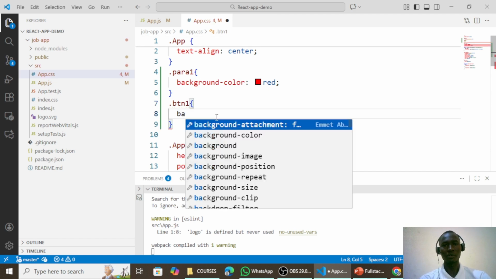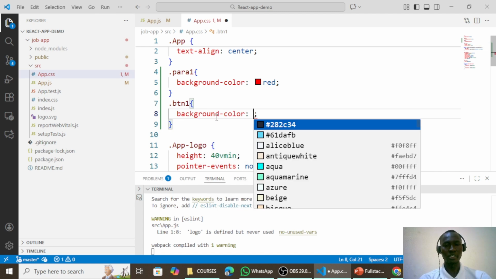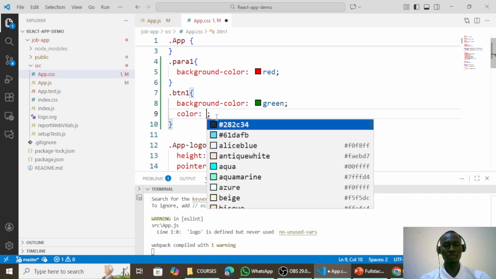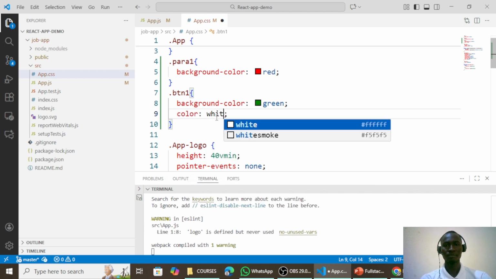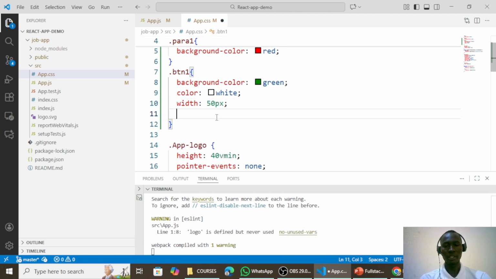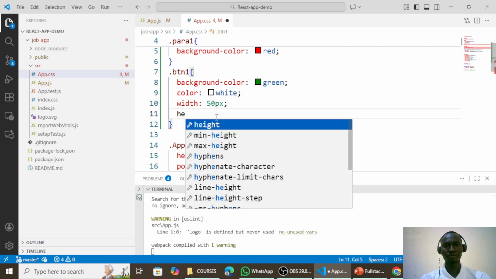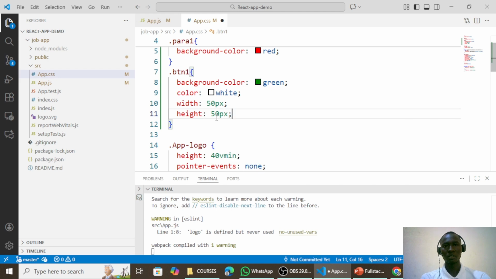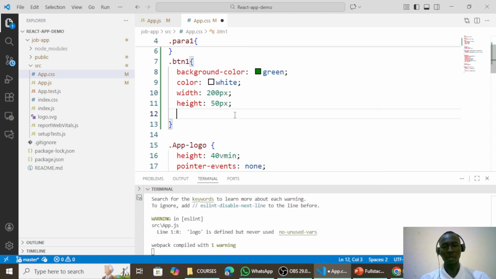So let me add the background color and give it the background color green. Let me add the text color and give it the text color white, and let me add some width, and maybe 50 pixels wide, and then the height also 50 pixels. Let me change the width to 200 pixels, and let me give it some margin,